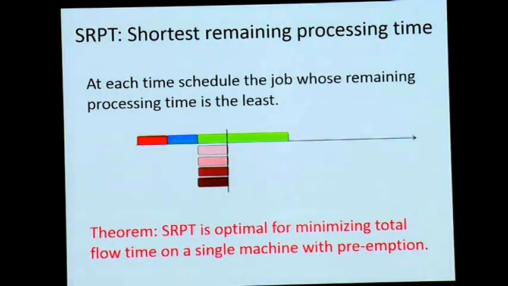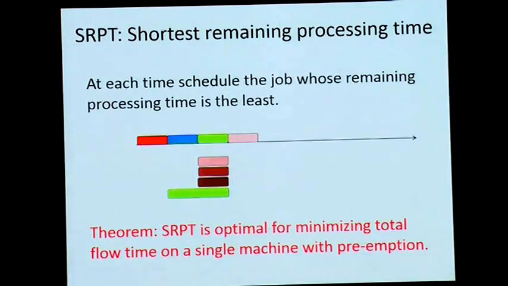And now, at time 3, remember what was going to happen? 4 brown jobs arrive. Now here is an important decision. At this point, what is the remaining processing time of the green job? It's 2 units. That's the remaining time I need to process the job. The brown jobs all have a processing time of only 1 unit. So what's a better thing to do? We will preempt the green job and schedule one of the brown jobs.